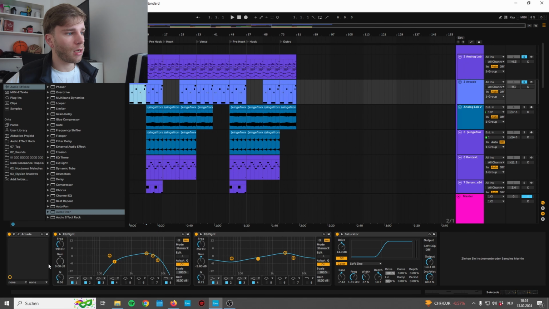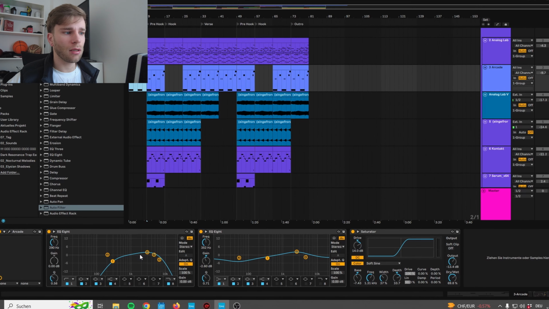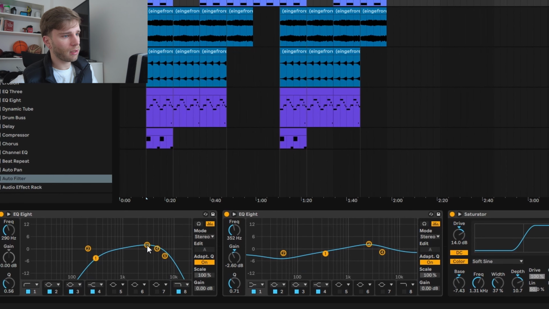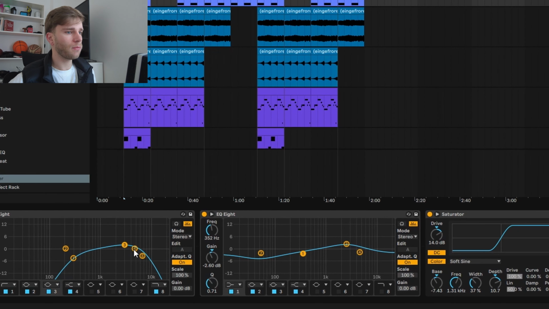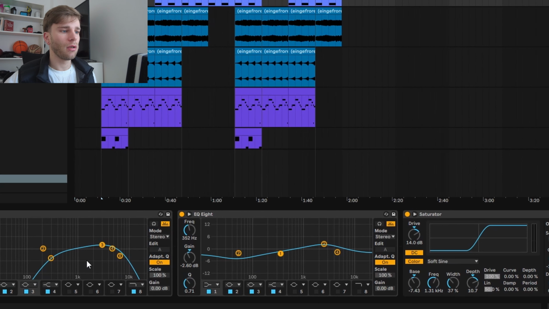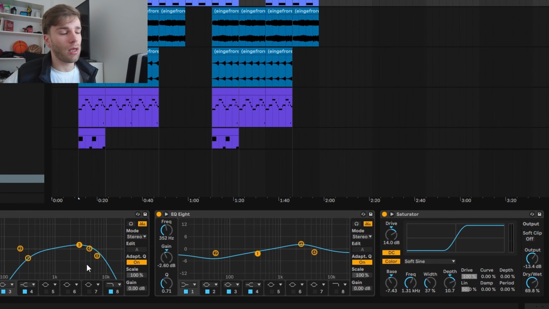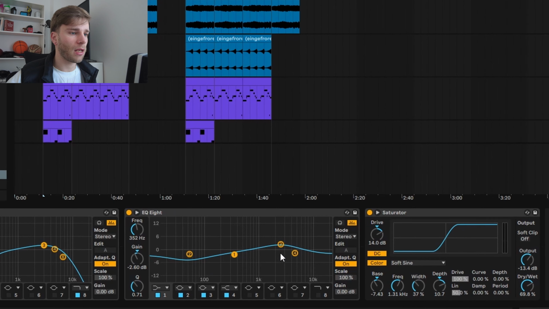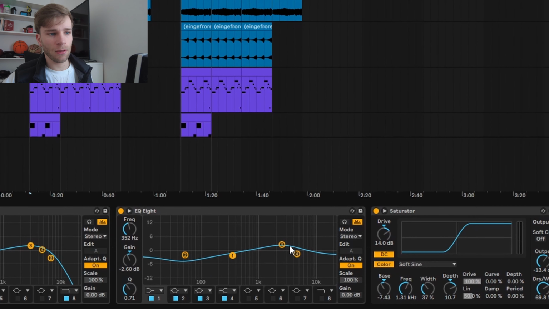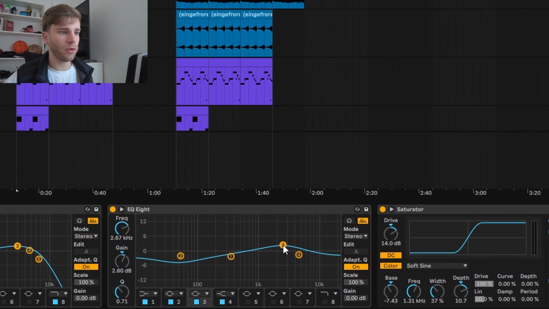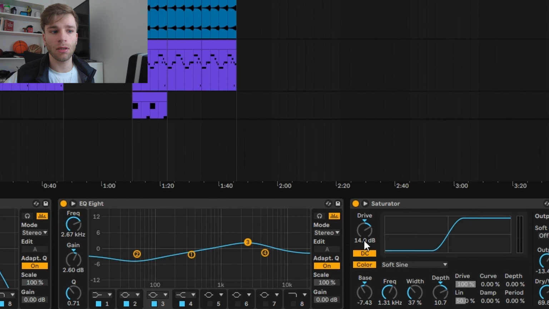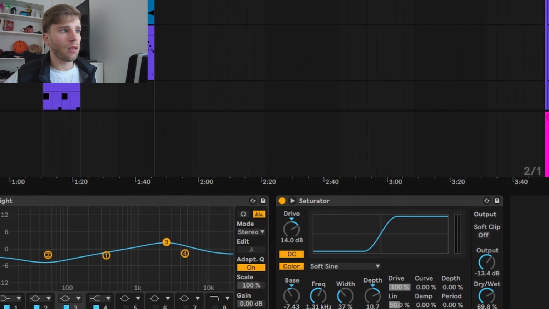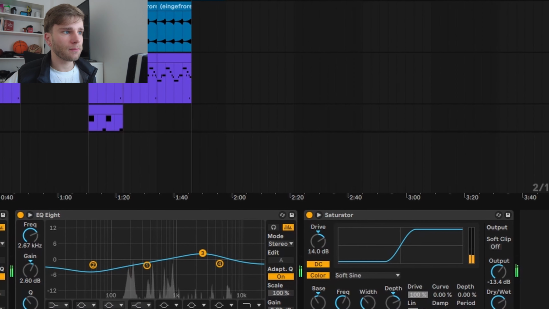And then what I did, I cut a lot of the lower mids and a bit of the highs, and then gave a bit of boost to the higher mids because it was a frequency which I liked in this vocal specifically. And then I also gave a boost again to this range, 267 kilohertz, and then really crushed it in a saturator. And what this does,